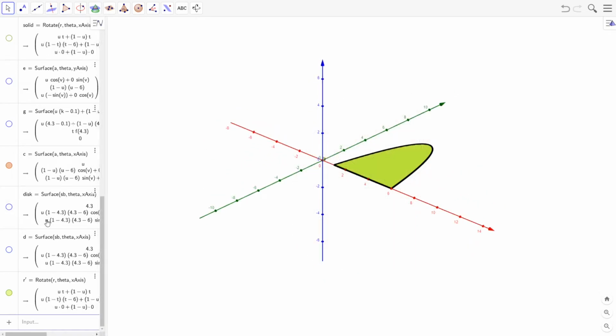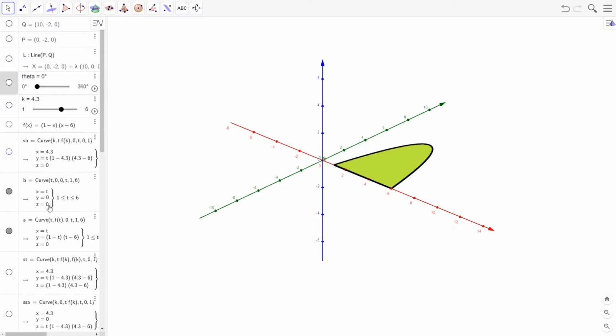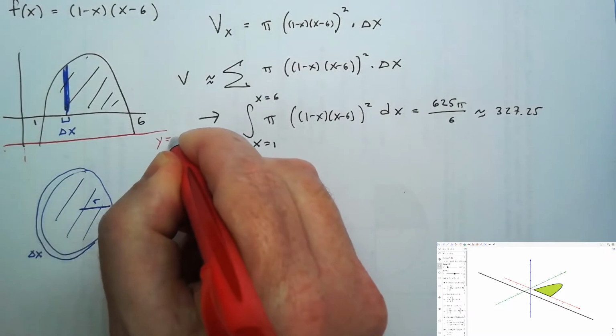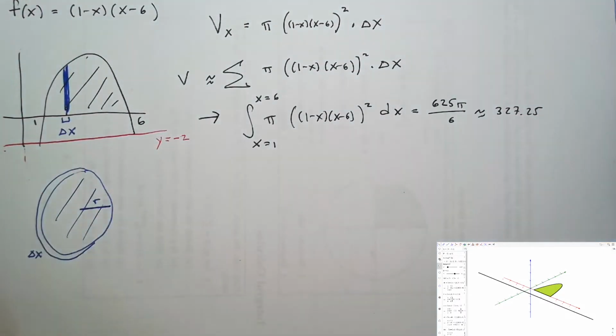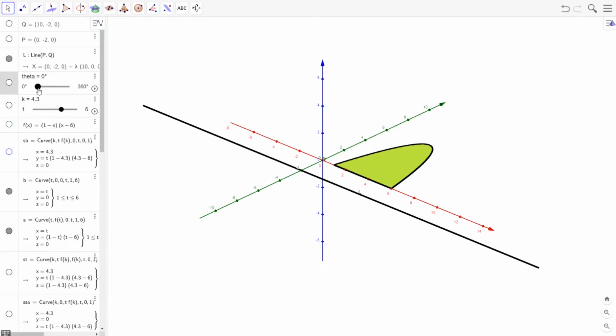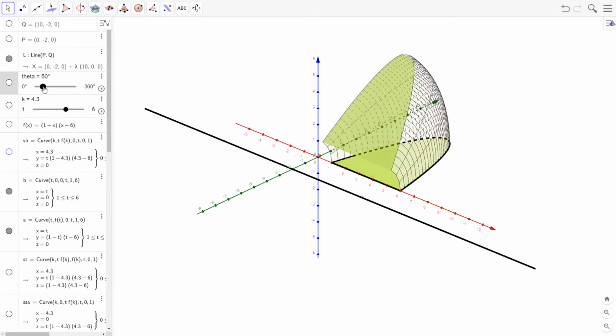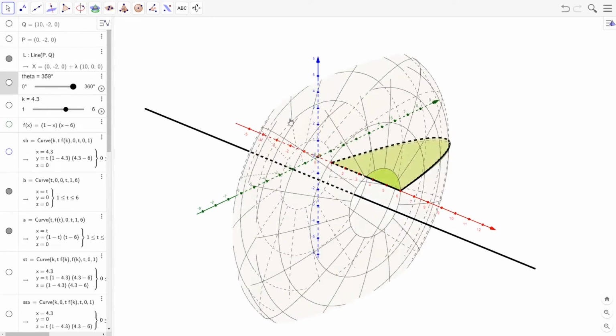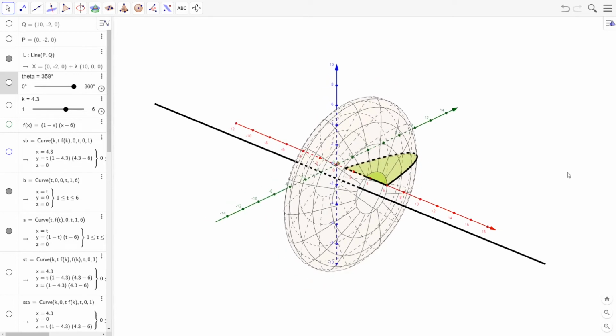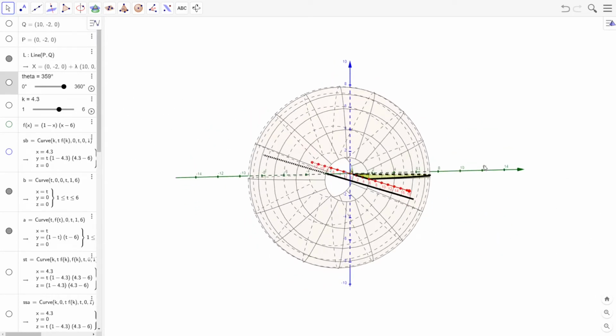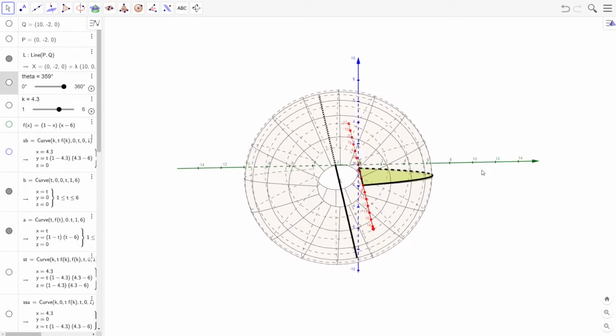What if we wanted to take this same region and rotate it around a line other than the x-axis, say the line where y equals -2? In our sketch, our axis of rotation would be down here. If we rotate the region about this new line, we will get a different three-dimensional object. What will that look like? It will look like this. Zoom out so we can see the whole thing. So it looks like something like our previous object, but with a hole in the middle.